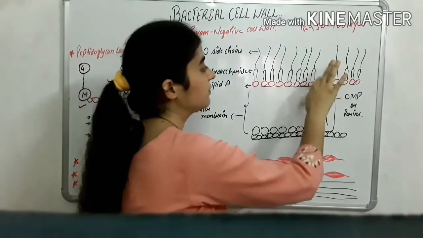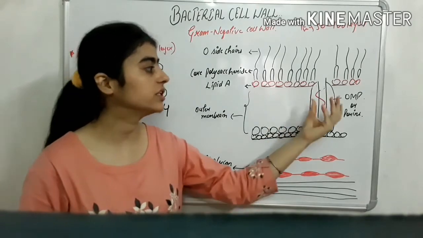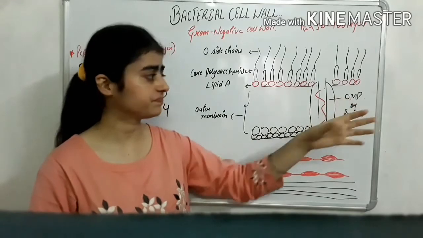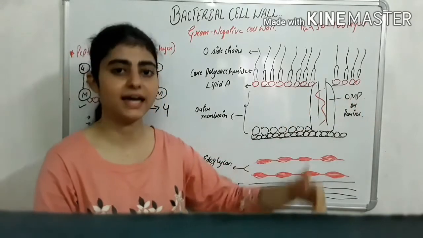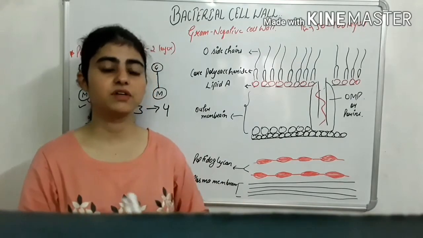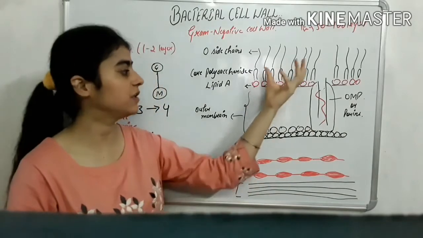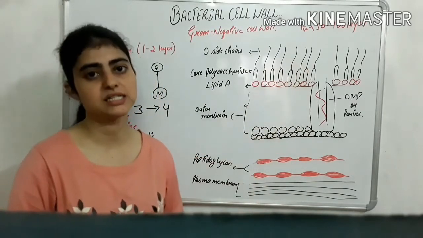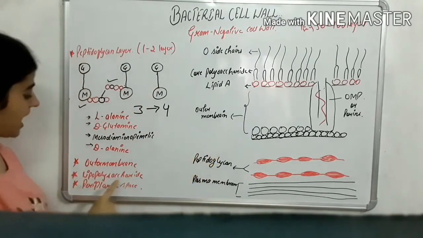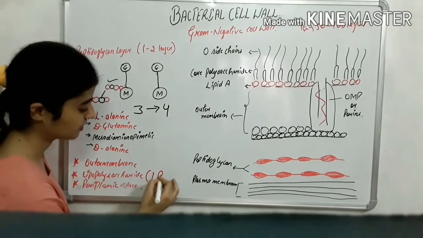Next, one thing more: the large molecules like vitamin B. Now how will they travel? They are very large in size, so they cannot move through the OMP directly. What they will do is that these vitamins B will bind to some carrier proteins. With the help of those carrier proteins, they will move in and out of the bacterial cell wall. So after the outer membrane protein, we have lipopolysaccharide, that is called LPS.